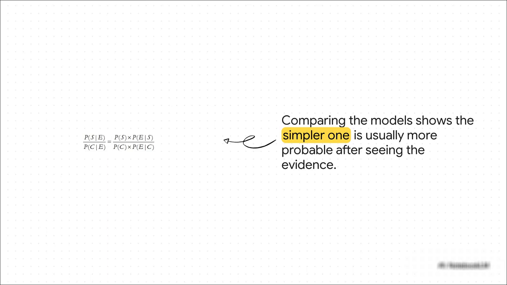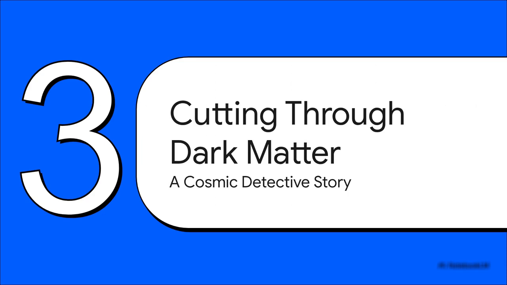The complex theory, well, it could have explained that outcome and 1,000 others, so it gets way less credit. In the world of probability, it pays to be brave. All right, enough theory. Let's see how this razor works in the real world. And we're going big. Let's apply it to one of the single greatest mysteries in all of science: dark matter. This is the perfect cosmic detective story for our newly sharpened tool.